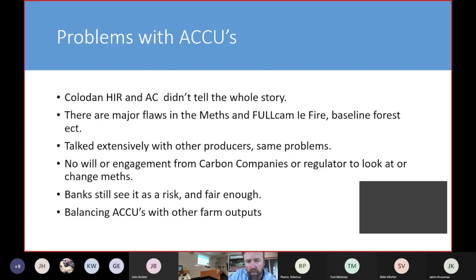Fire in FullCAM is obviously a big problem in vegetation. I know this because I'm pretty sure we're still the only vegetation carbon project in Australia that deliberately burns within the project area. We're certainly the first, and we've burnt about every second year since we've been running. We would have burnt more, but we haven't had the seasons to burn. And I went so far as to get the FullCAM data back out of Green Collar to trawl through it to see what it actually did to the model. There's also big problems around